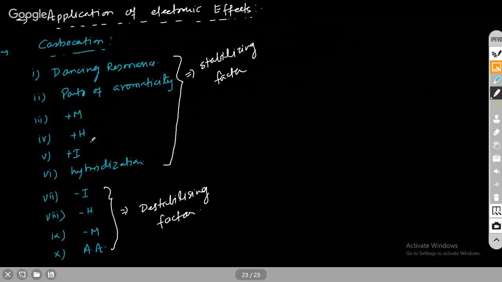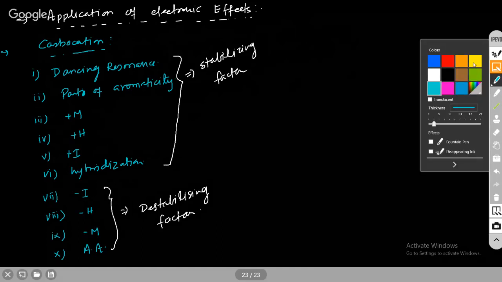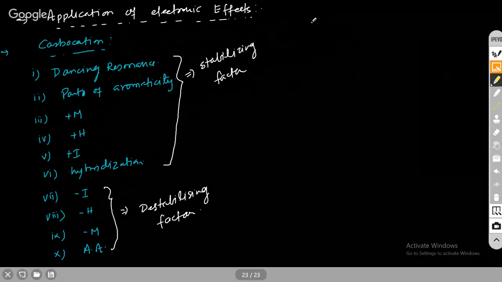We'll discuss a few questions on this, but first of all, since we haven't discussed dancing resonance, we'll discuss that first. See, this dancing resonance is a special case. You have to actually memorize this. Only one case it is there, in case of, or what we say, this is a special case